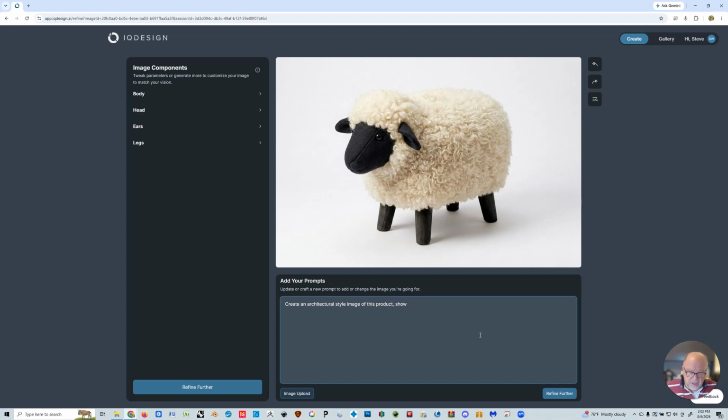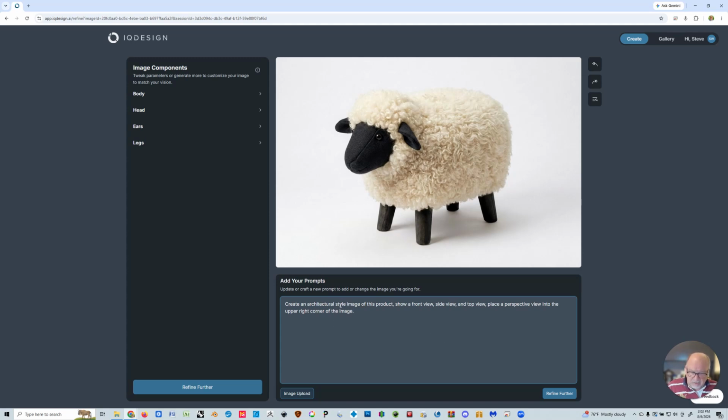Show a front view, side view, and top view. Place a perspective view into the upper right corner of the image. Okay, I'm going to stop there. I could get much more specific, but what I want,